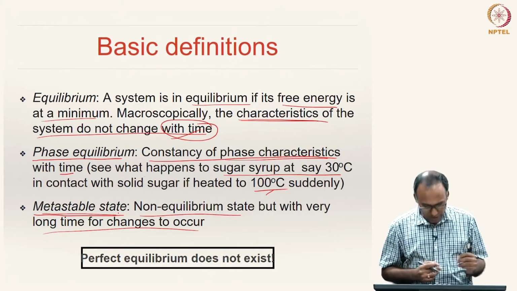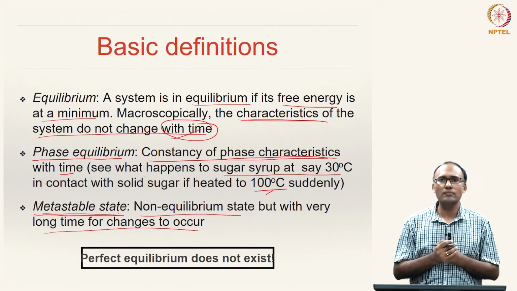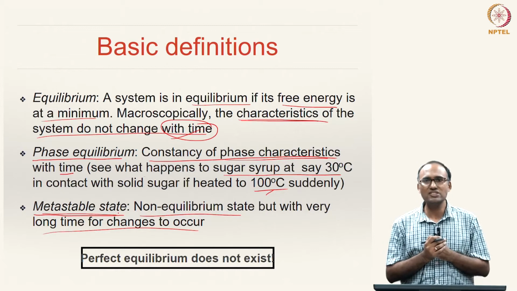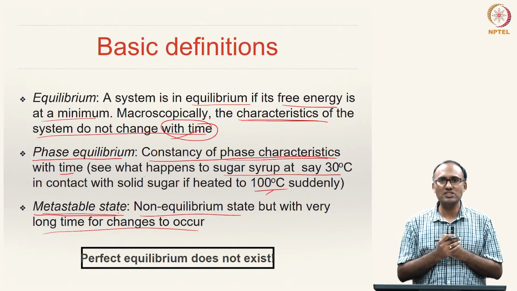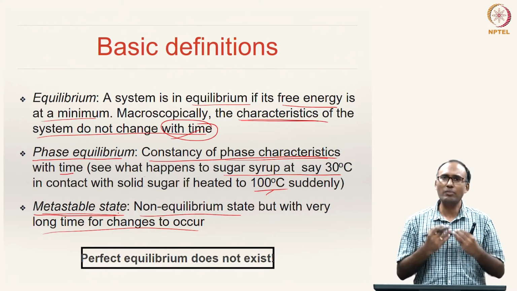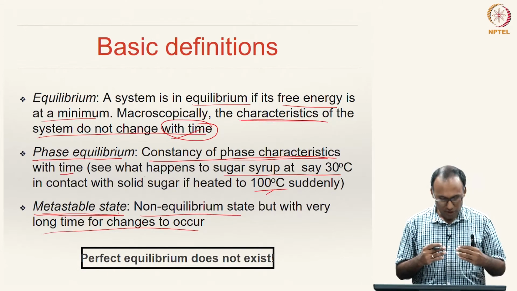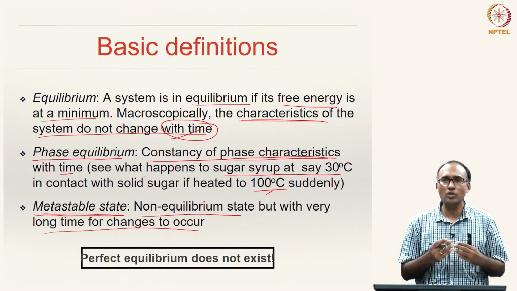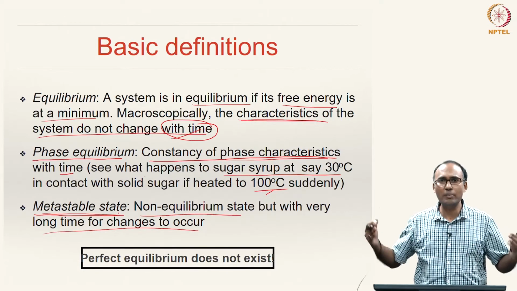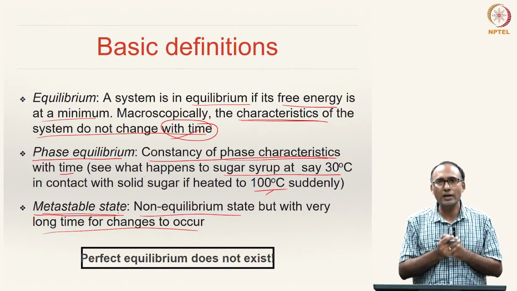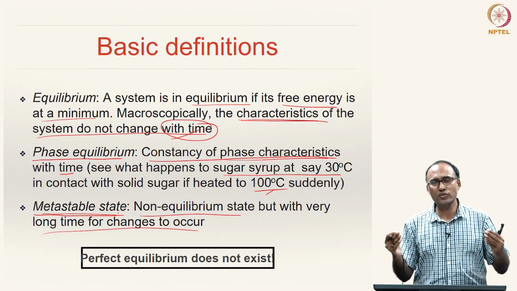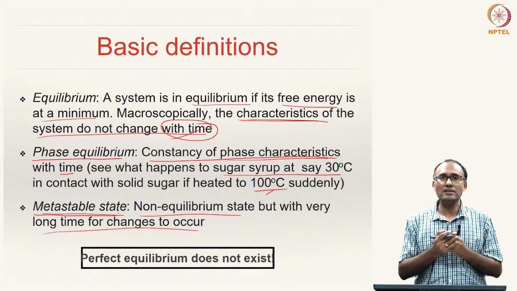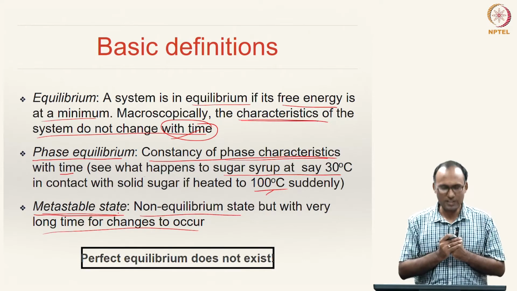And please note that for any alloy system that we will be discussing, perfect equilibrium does not exist. So, all the equilibriums that we are mentioning are usually metastable states, because over a long period of time, that long period may be a few hundred years sometimes, nevertheless even after a few hundred years there may be some change in the phases, and such a state is what we call metastable state.